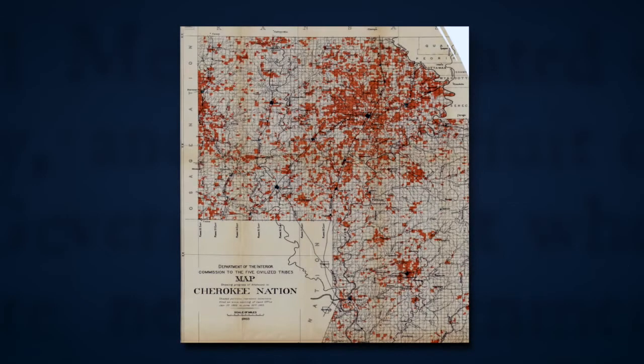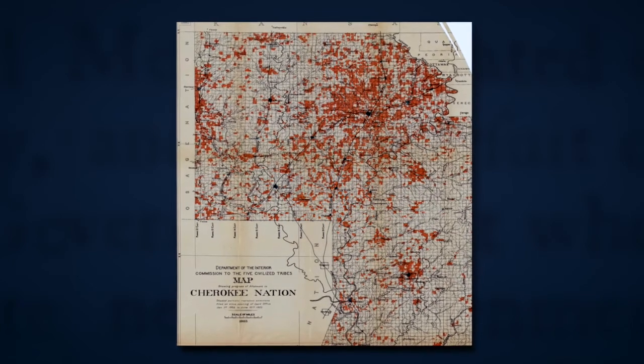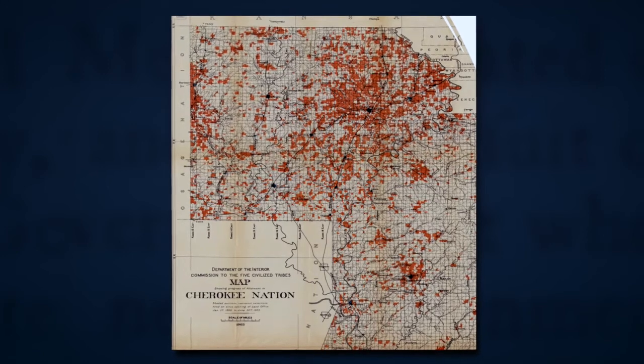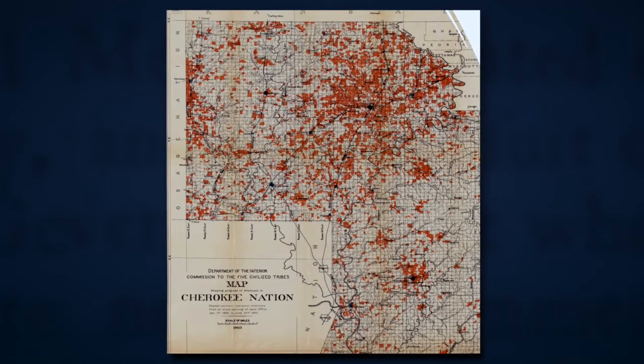This map shows the reservation of the Cherokee Nation of Oklahoma, with the orange representing the lands still owned by Cherokee people after allotment. Many individuals were then cheated out of their lands or were forced to sell to feed their families. Some Native American nations resisted allotment by organizing their tribes to fight against it, and some individuals refused to accept allotment. Just like the previous removal era, the allotment era between 1887 and 1934 further shattered the lives